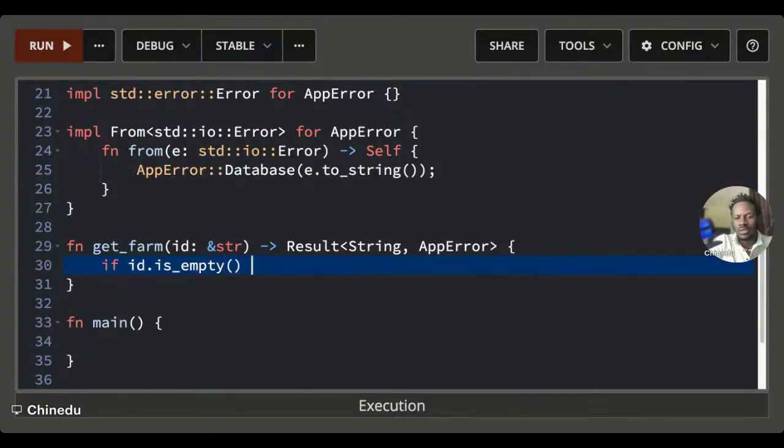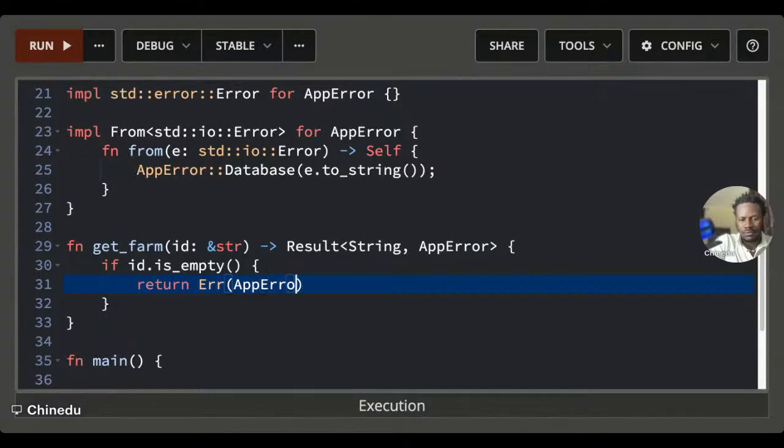If that's the case, we just want to return an error. So we're handling the error. Say AppError dot